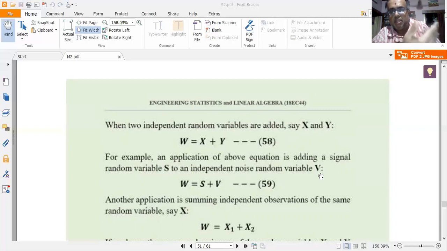I am talking to my friend over my mobile. So I shall be receiving the actual signal, which I denoted as S, and I shall also be getting noise along with that, which I denote as V. So it would not be only the signal that is arriving, it would be signal plus noise that is arriving at my mobile. So the incoming signal would consist of the sum of the actual signal and the noise variable.